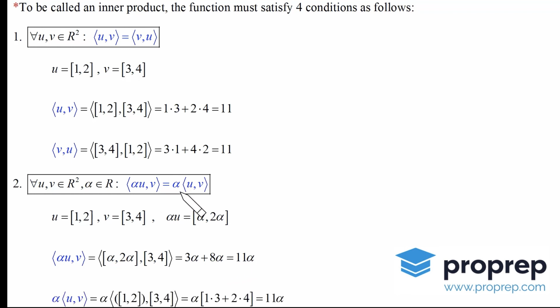Now the right-hand side, first we take the inner product of u with v, which is this with this. Actually, we've done this calculation before. This comes out 11, alpha times 11, 11 alpha. So we get the same result both ways, and so this second rule is satisfied. And I said there are 4